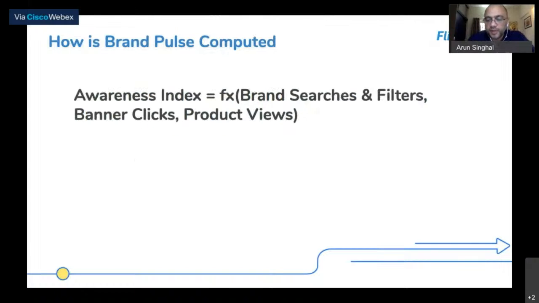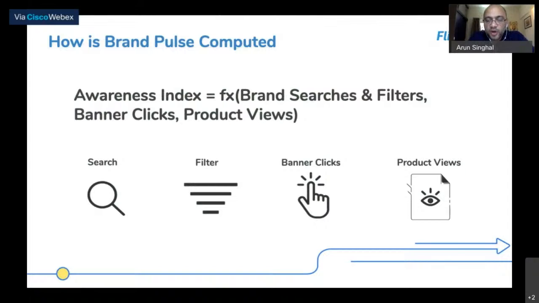So the question is, what is the awareness index? What we have done is we have taken a set of actions that customers take on our platform with respect to a brand, right? And then tried to create an index based on those actions. So what are those actions that are representative of a customer's understanding of a brand? It could be a branded search. So for example, a customer has searched with a specific brand name,